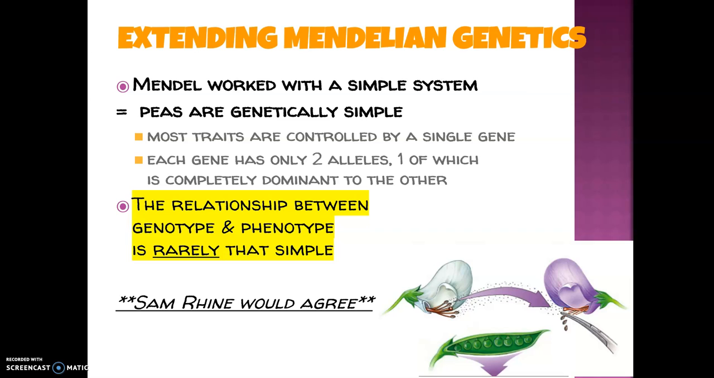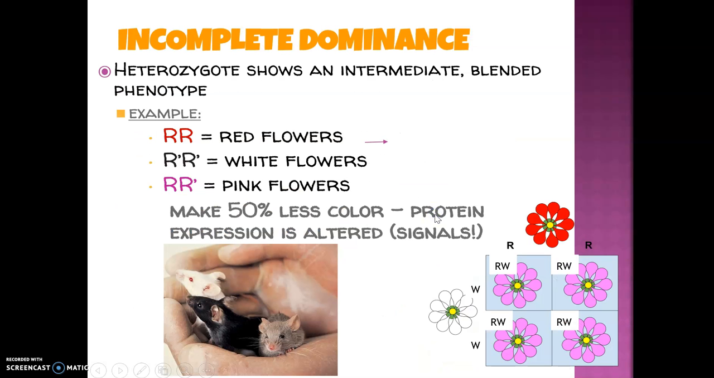Okay, so the relationship between genotype and phenotype is rarely that simple. Most genetics are more complicated. For an example, we can have something called incomplete dominance. That means that a heterozygote shows a kind of intermediate or blended phenotype. So it's like in the middle. So an example,